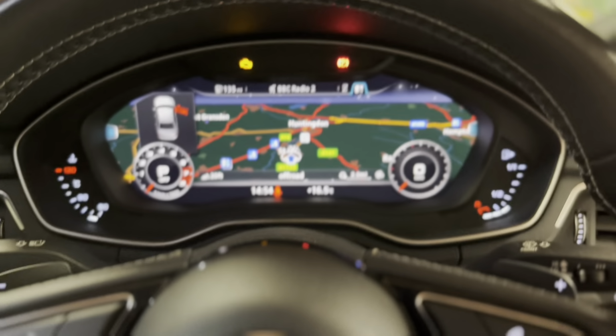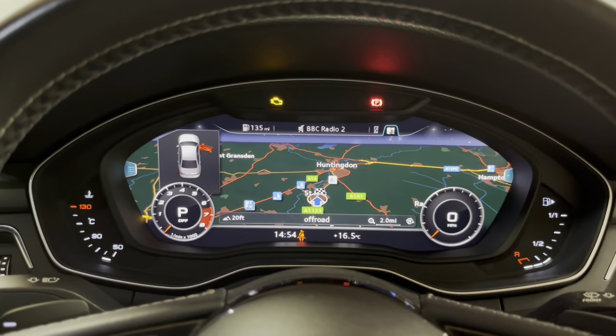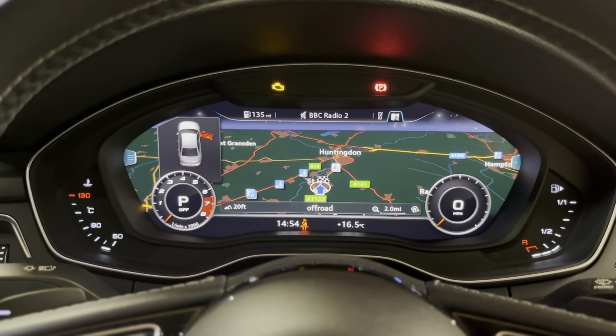We've got the up and down shift paddles on either side behind the steering wheel as well for the Tiptronic gearbox. And if we just look up to the speedo, we can see we've got Audi's virtual cockpit. So this is an option on the car. As you can see, looks